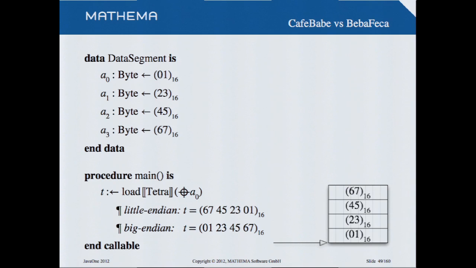So if you load it and you start at address A0, then all these things will be interpreted in some specific way. And you don't know it if you don't know on which kind of machine you are. If you have a little endian machine, the value will be 6, 7, 5, 4, and so on. And if you're on a big endian machine, your value will be 1, 2, 3, and so on. So this is very important, and this might be a problem. So the language might be type safe, but you can make a lot of errors if you don't know what you're dealing with.